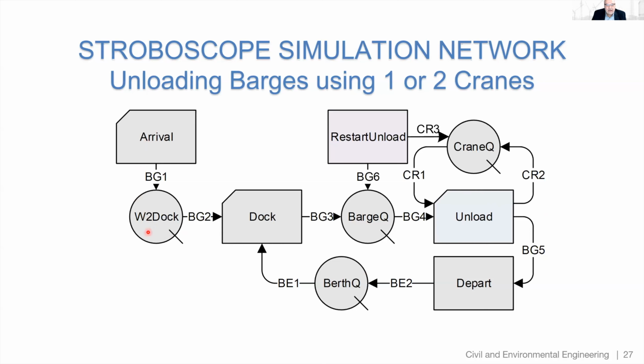cranes and another arrival occurs, then when that arrival occurs and the barge flows through BG3, it needs to preempt this instance of unload that uses 2 cranes, and that preemption starts this new dummy activity, restart unload, that puts the barge that was preempted back in this queue and puts the 2 cranes that were preempted back in that queue, so that the 2 barges that are here, the old one and the new one, can start 2 instances